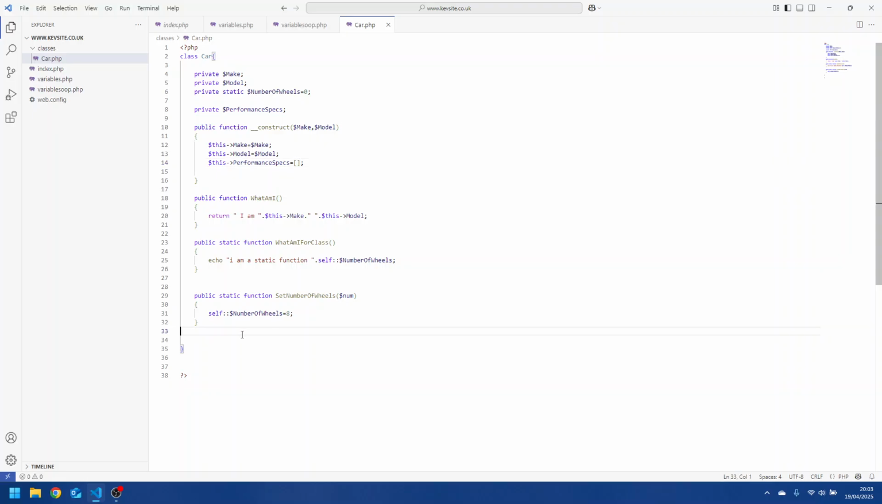Now let's just add a couple of methods in here. We're going to want to add a performance specification. Let's say public function add spec, performance spec, and this is going to be spec, and all we're going to simply do